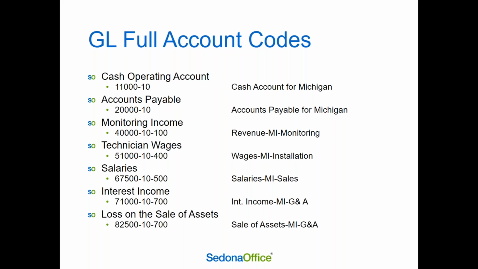Now, you will be able to run a full income statement on this monitoring category. You will be able to run full financials on the branch Michigan. So again, I'll repeat that. For the Michigan branch, you'll be able to run full financials, and within the categories, you'll be able to run P&Ls. So we recommend the categories that you just saw displayed there: monitoring, service, installation,